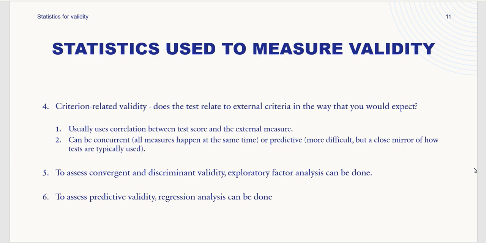और प्रेडिक्टिव, more difficult but a close mirror of how tests are typically used. इसमें हम कॉन्करेंट वैलिडिटी के लिए भी सेम मेथड को यूज कर सकते हैं, प्रिडिक्टिव के लिए भी, लेकिन कॉन्करेंट थोड़ा सा जल्दी होने वाला काम है एज कंपेयर टू द प्रिडिक्टिव। उसके बाद हमारे पास है टू असेस कन्वर्जेंट एंड डिस्क्रिमिनेंट वैलिडिटी,